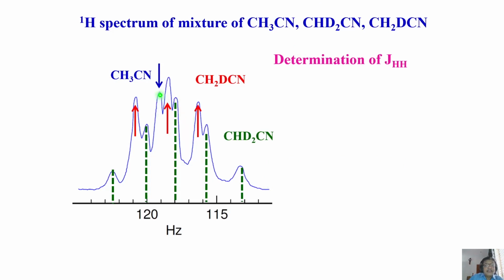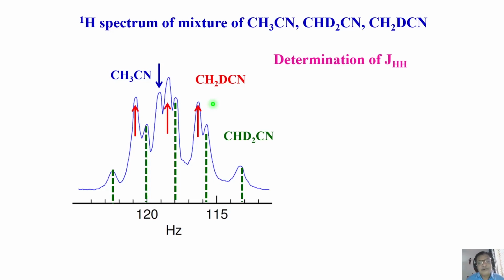When CH3CN is there, this is the chemical shift. When I substitute one deuterium, this is the chemical shift. When I substitute two deuterium, this is the chemical shift. What is happening? Because of the heavy atom, because of isotopic substitution, there is a shift in the chemical shift position. This is what I called the isotope effect. How much does it shift? For one deuterium, it is this; for two deuterium substitution, it is this. If you have 3, 4 and so on, it changes linearly like that. You can easily find out the shift because of isotopic substitution.